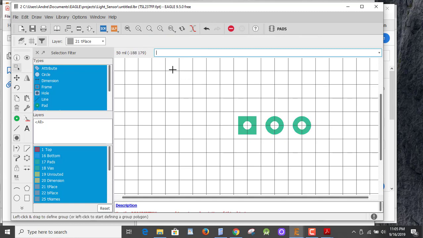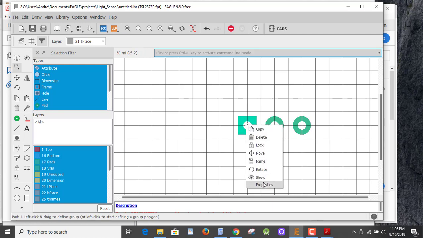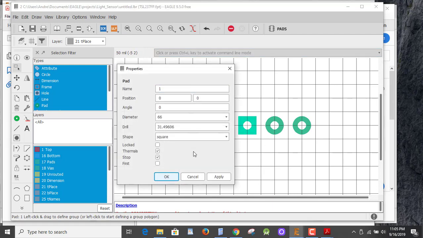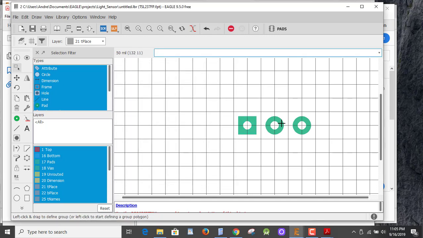And then when I get out of this, I can view the properties and show that they're correct. Okay, and the shape and everything is there. If I made a mistake on the shape, I can change them individually if I want. But another way to show these properties quickly is to use the show button, and when I click and then look down here in the corner, I can see the name